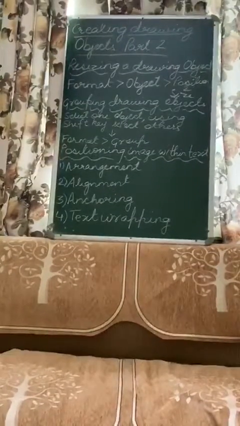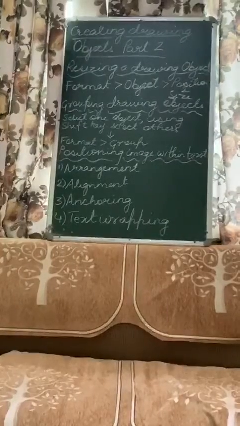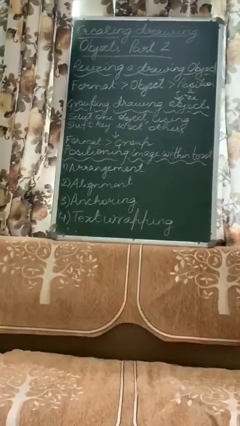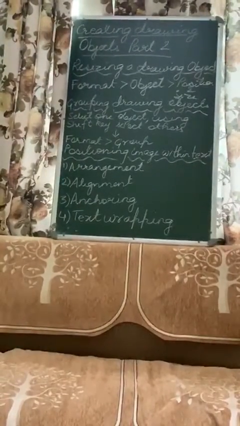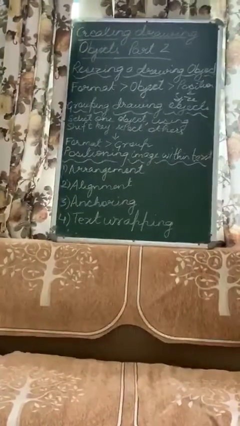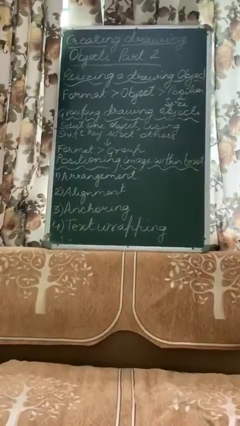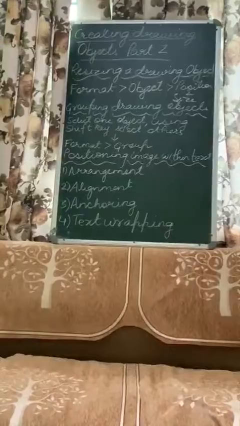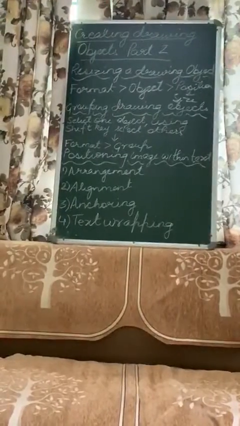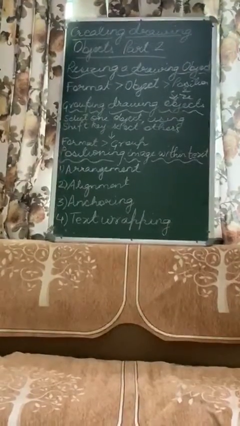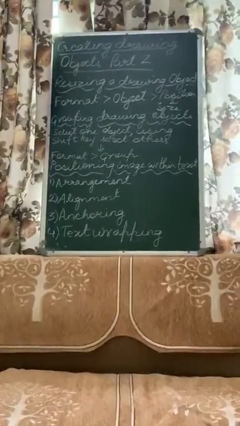So this way you can easily resize the drawing object according to your need. For a scaled resizing, you will select any one of the corner handles and then, keeping the shift key pressed, drag the handle to the new position. For more sophisticated control of the size of the object, you can select Format, then Object, and then Position and Size from the menu bar. It will open the Position and Size dialog box where you can set the width and height independently according to your need. Now next is grouping the drawing objects.